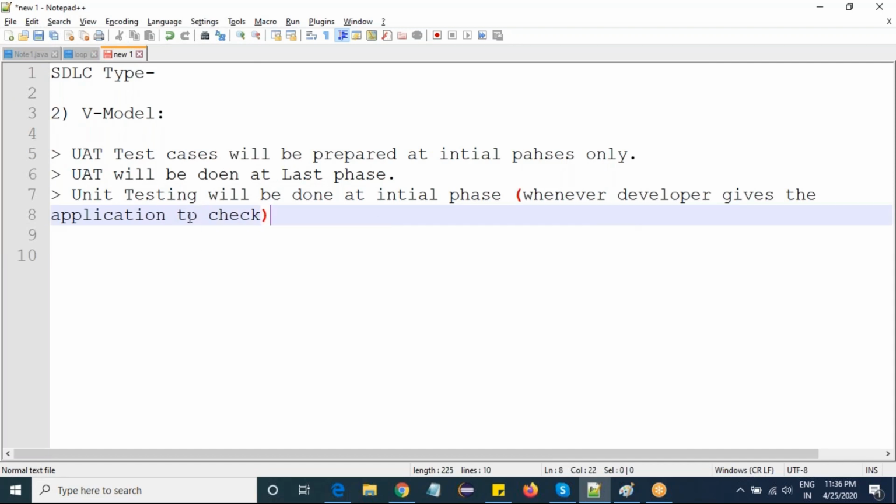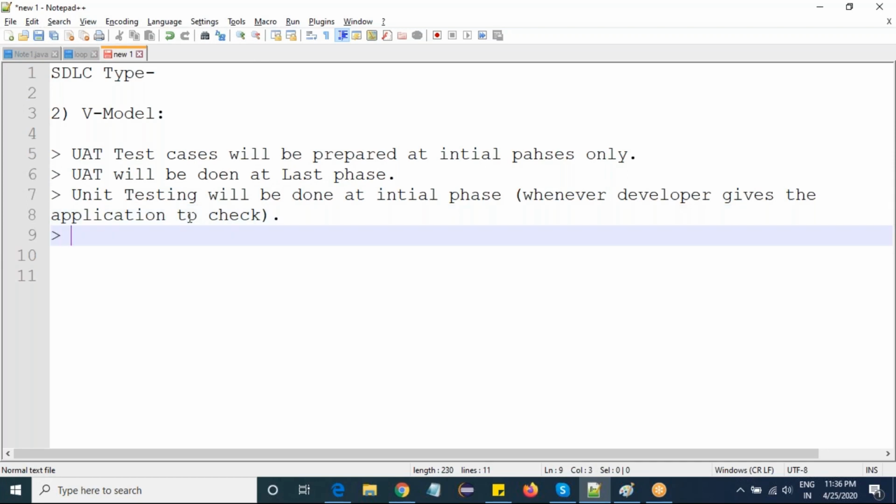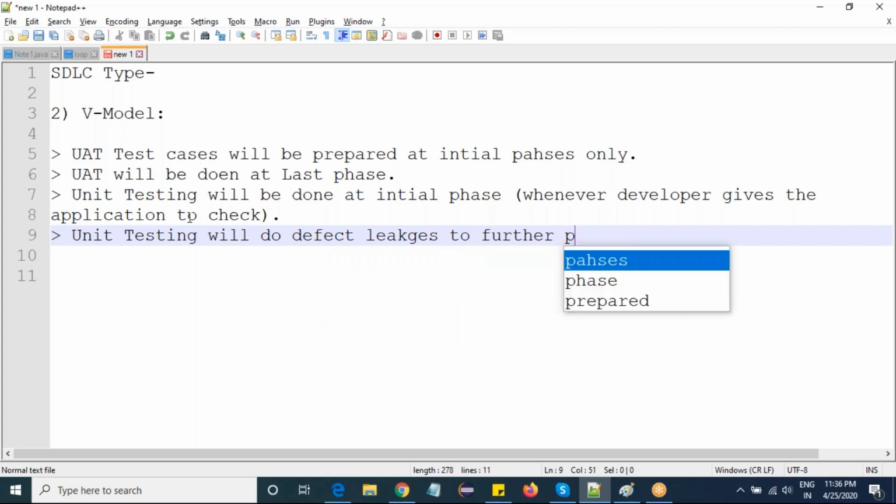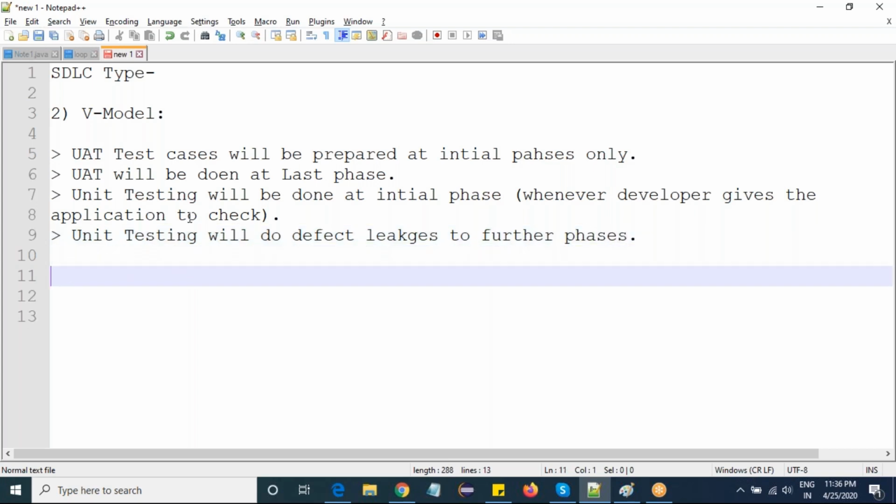So this is nothing but unit testing. Why are we going at initial phases only? Because unit testing will remove defect leakage to further phases. So this is nothing but the V model.